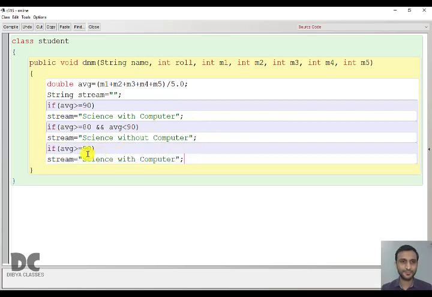So next, it is more than 70 and less than 80. Then it will be commerce with mathematics.